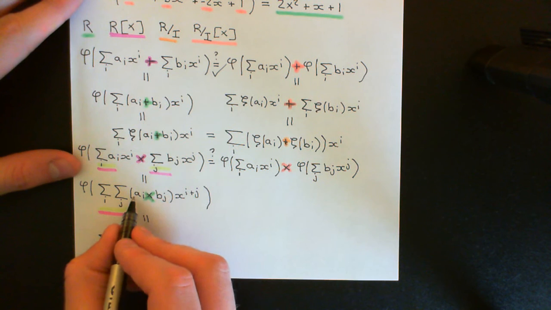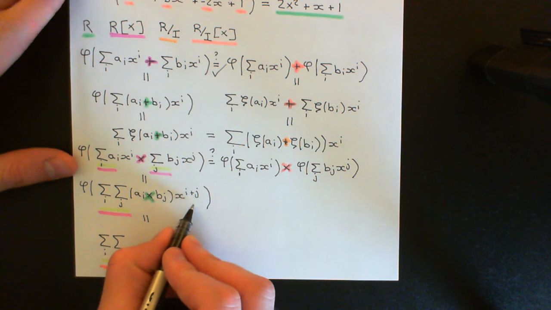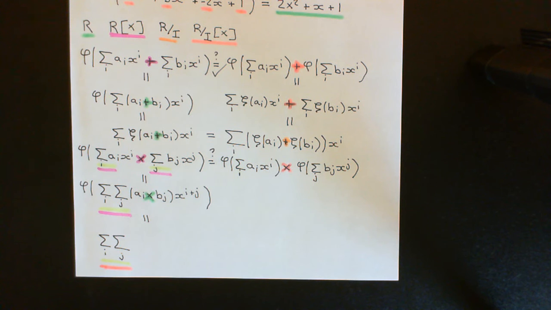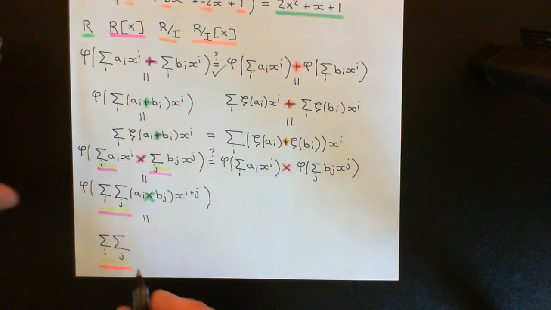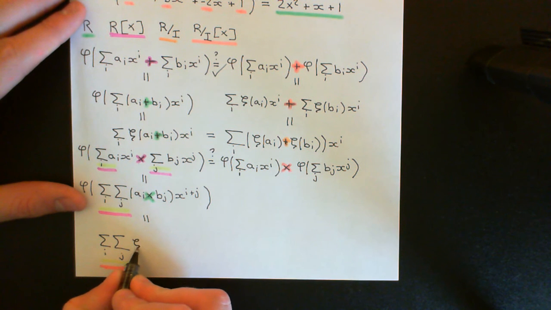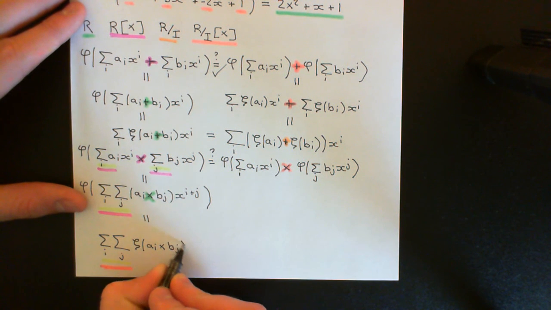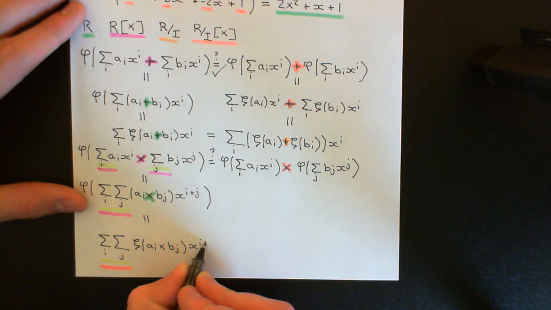And now it's going to become phi of all of these monomials. So you'll act phi on all of the monomials, but what is phi of a monomial? Well, just applying the definition, it will be zeta of the coefficient of the monomial times the power of x. So this will just become zeta of a_i times b_j, x to the i plus j,